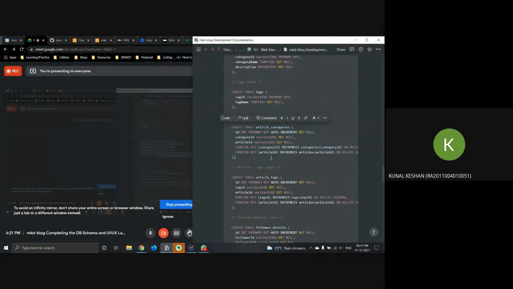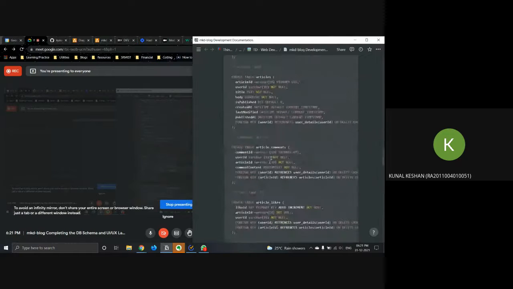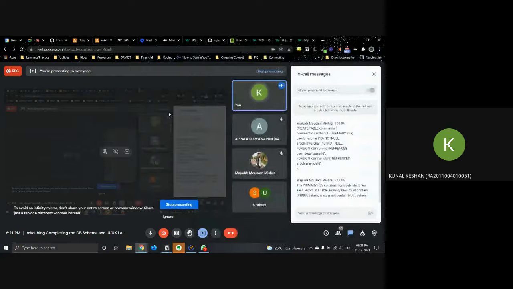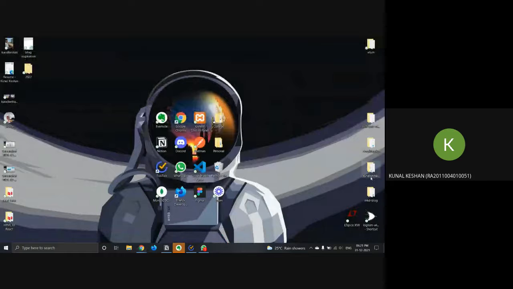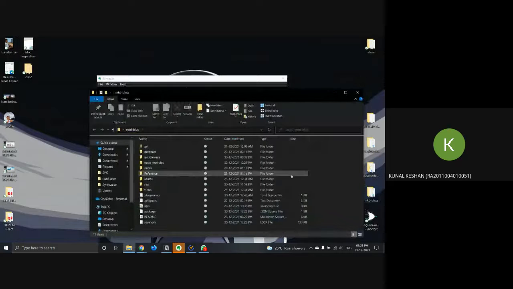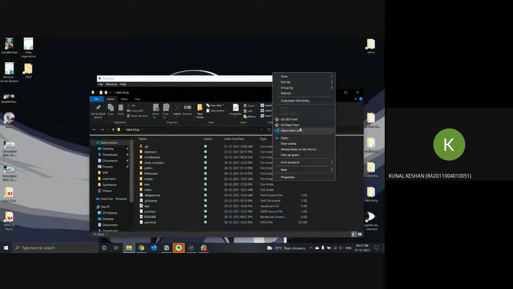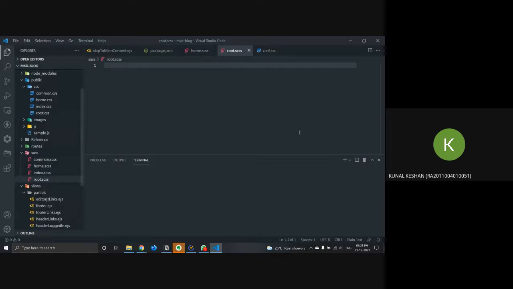And yeah, so we have finished our database schema, and we'll discuss the UI in the next session. All right. One more thing I wanted to show you before we end. I mentioned we'll be using SASS as well. Have any of you heard of SASS?